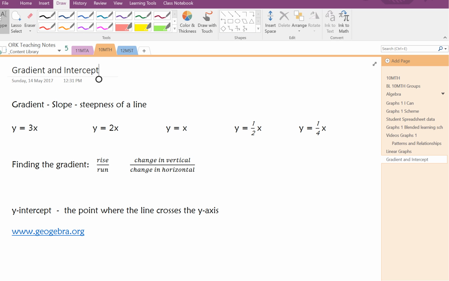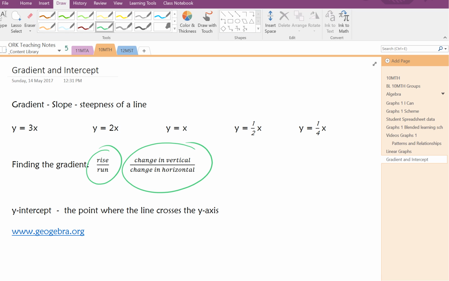You may have come across these particular formulas here. So rise over run, or change in vertical over the change in horizontal. This is one way of working out the gradient. So we're looking at how the y changes, how the vertical changes over or divided by how the horizontal changes